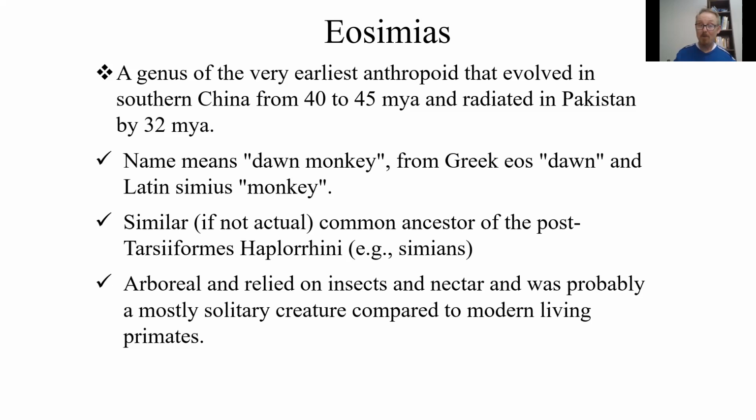which we expect from anthropoids. Relied on insects, some of the nectars too, and some of the small fruits. There's very small fruits at that time and nectars also. And from the patterns that we find in the fossils, it appeared to be a very solitary creature. Now, this is odd because one of the hallmarks of anthropoids, and all the laundry list I've